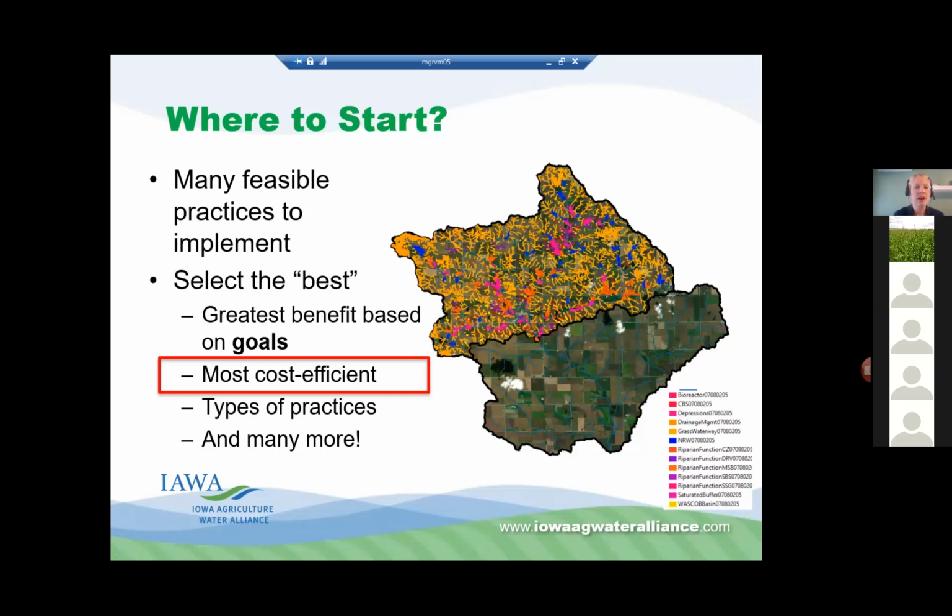So again, what I was showing is really selecting the best practices based off of your water quality goals, total nitrogen, total phosphorus, both at the planning region outlet as well as the edge of the field. But what I'd like to also give some time is for Drew to introduce how this information can also be used to identify the most cost-efficient practices within a subwatershed. So with that,